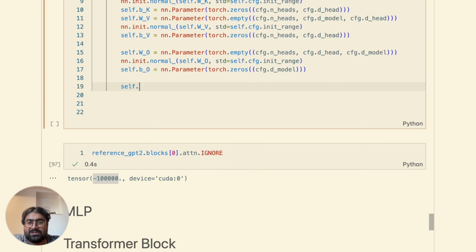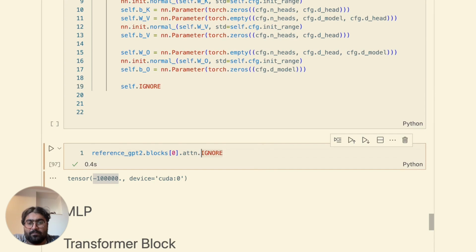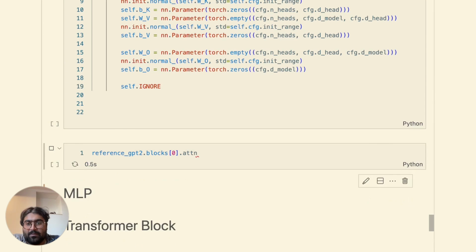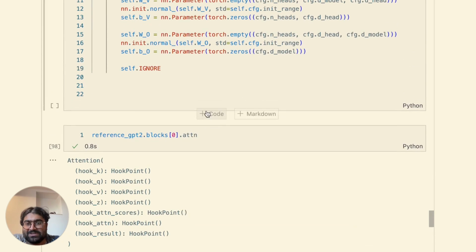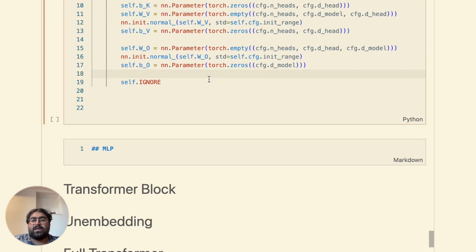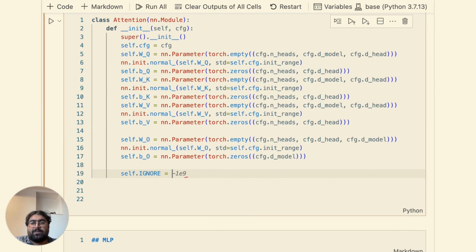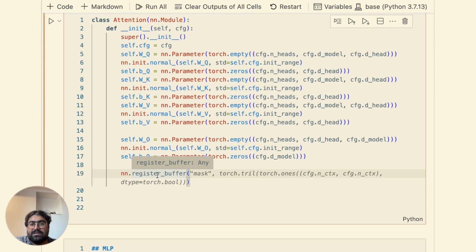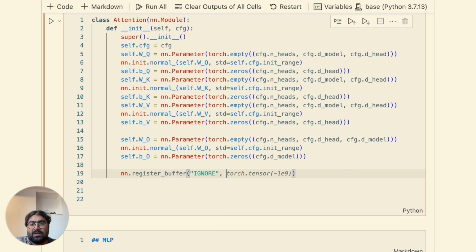I'll later get to why this is a thing that we care about. But for the moment, this is the thing. And for this, I'm going to use nn.registerBuffer, which I believe is a legit function. Assuming Copilot has the syntax correct,